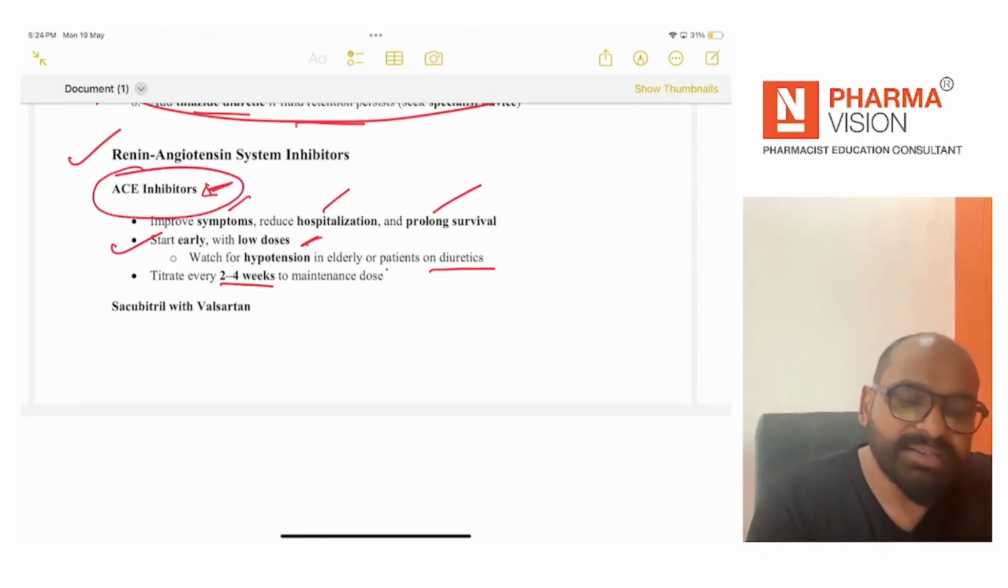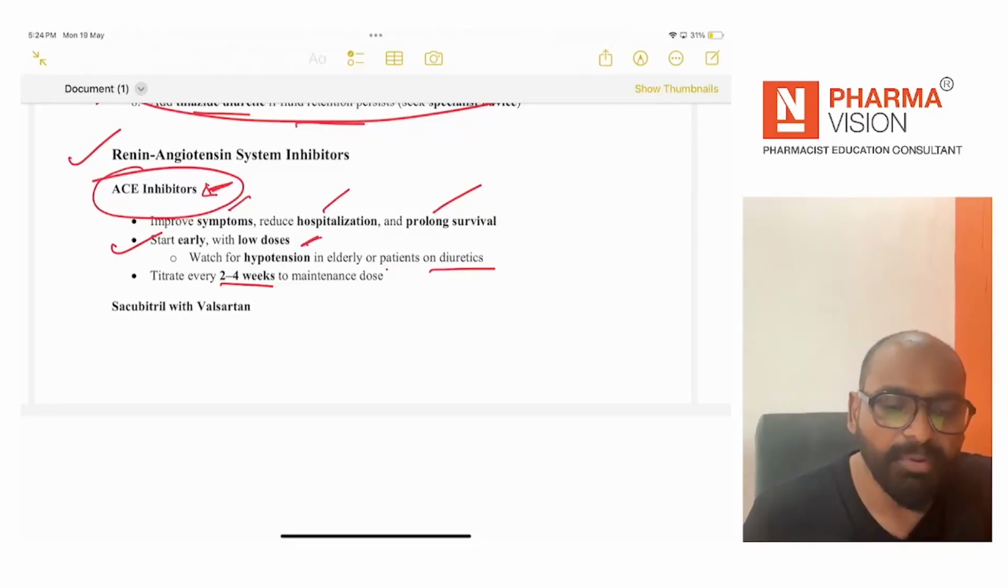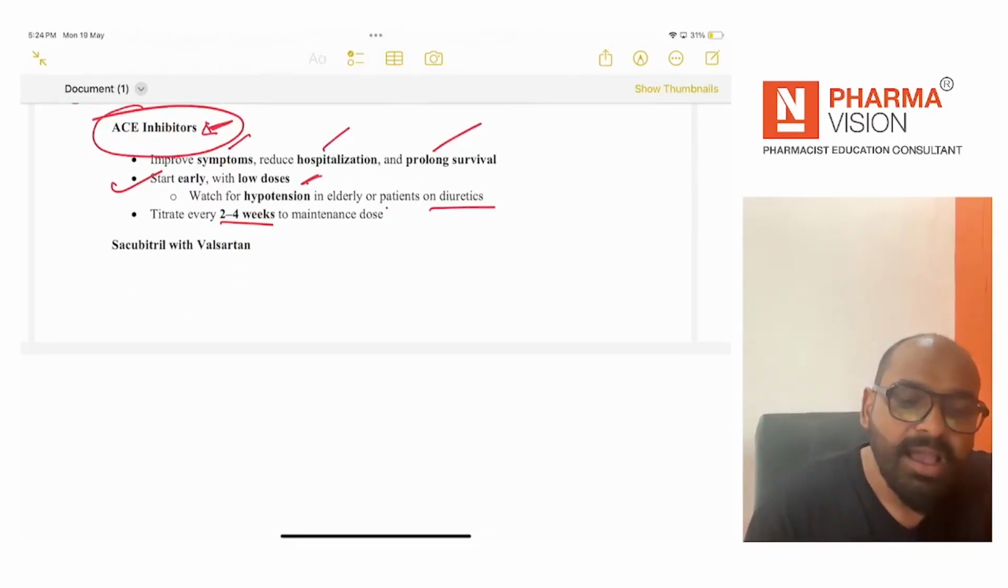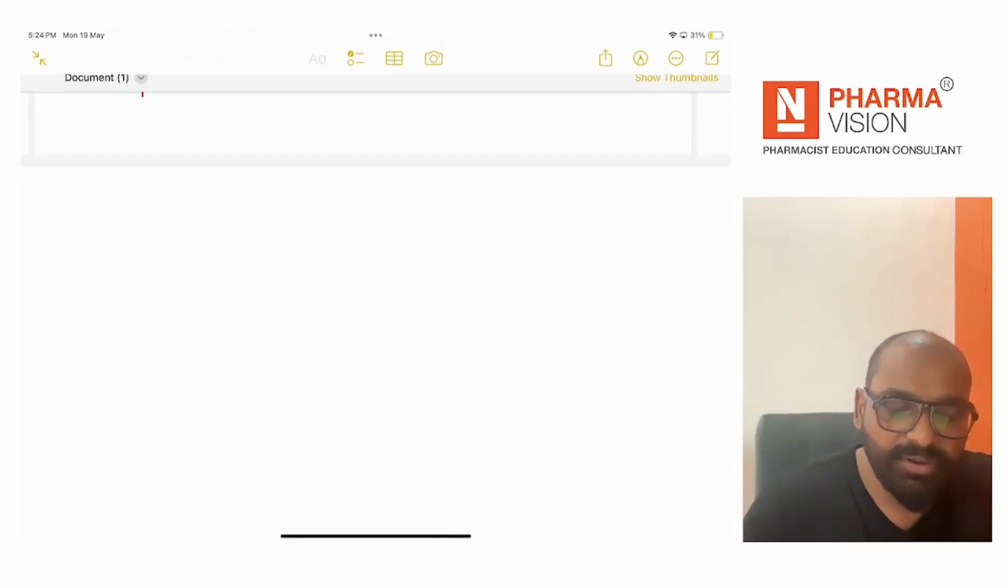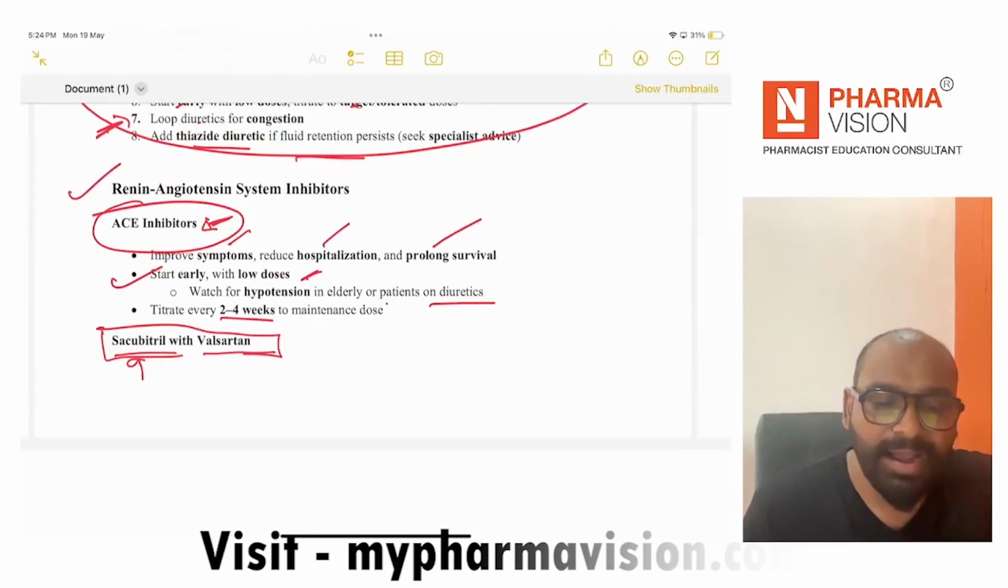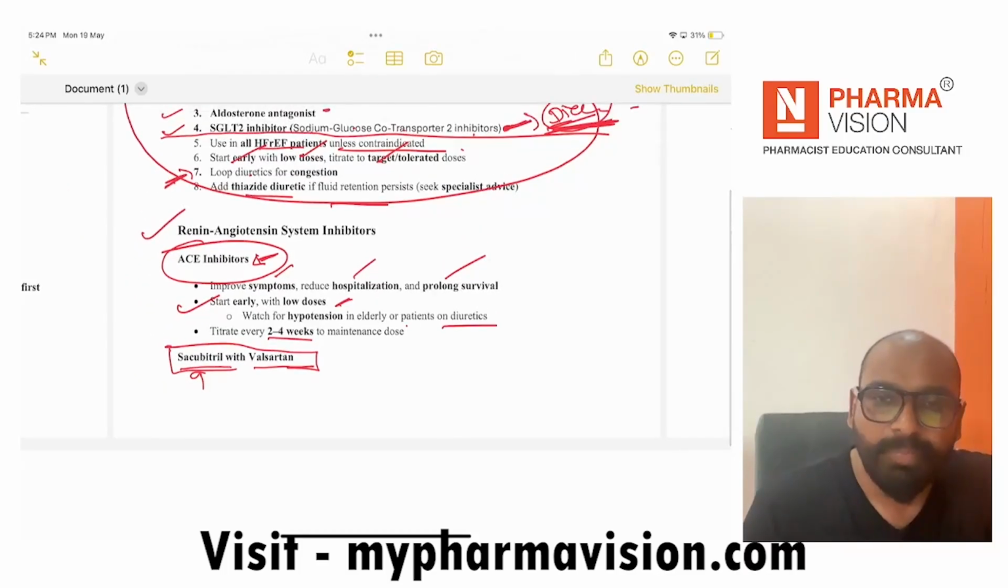Already we have discussed in detail about the ACE inhibitors, so it shouldn't be any problem to understand at this part. Okay, sacubitril and valsartan. This medication is in a combination. Okay, sacubitril, this medication has a unique kind of mechanism that increases